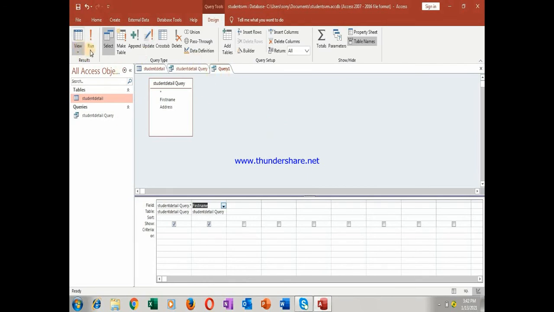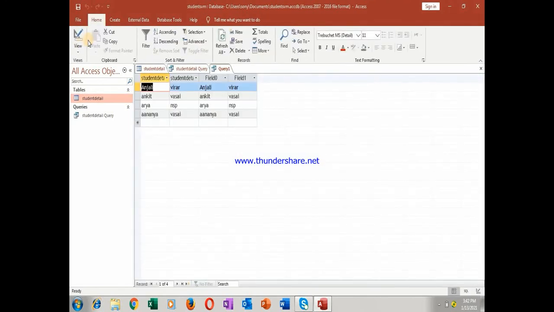This way you have to run it. In the designing, now you have to run it. Now if you run it, you can see it. Field 1 and field 2, can you see it? So this is how this query was generated using Query Design, and the other query was generated using Query Wizard. Okay, so now you understand how the Design and the Wizard work.